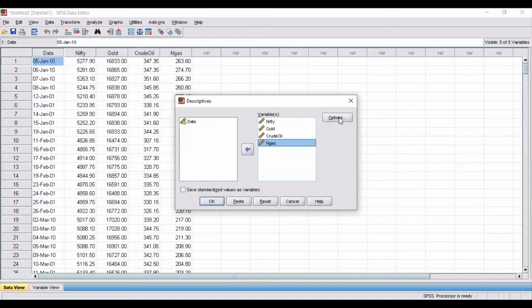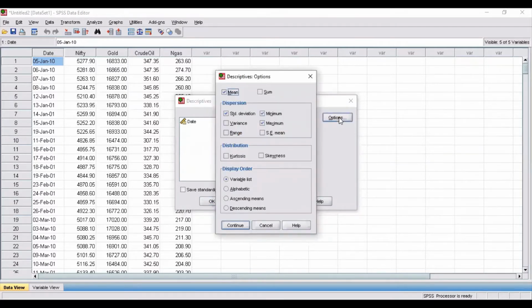Next, there is this options box wherein you can see a large number of descriptive options are mentioned, like whether you want to obtain the mean of all the variables, then you can check that box.